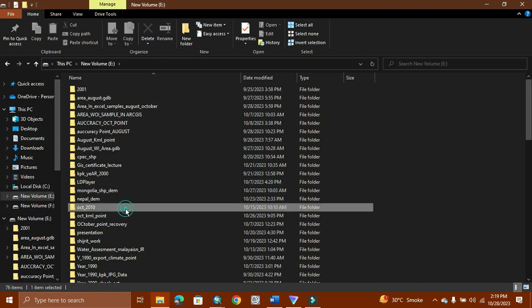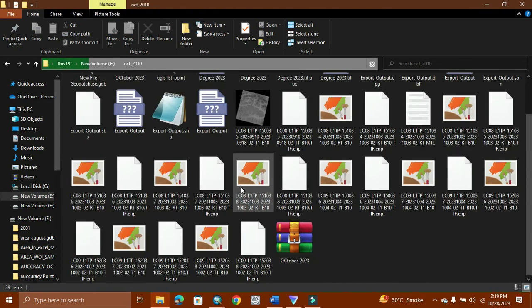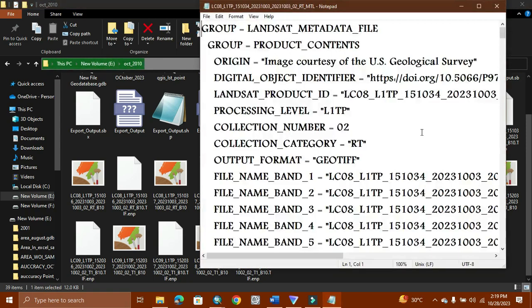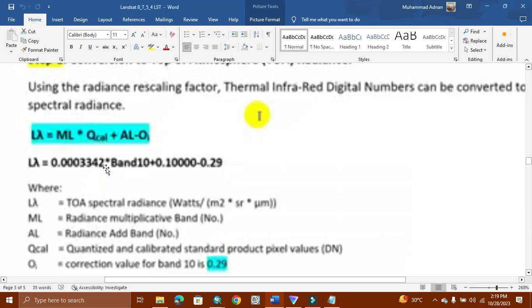I open my file where I keep it. The text file will be shown here with the name of the text. This one, MTL. Okay, this MTL file we should open here, and now we are going to make our formula. Here you can consider we use these values, and these values will be defined as ML, the radiance multiplicative band, and AL means radiance add band, and O means the correction value of band 10